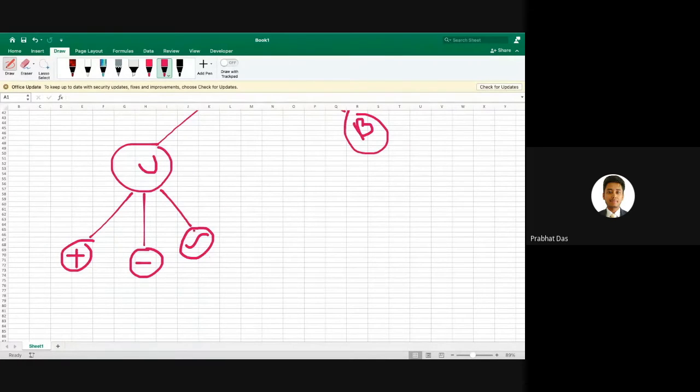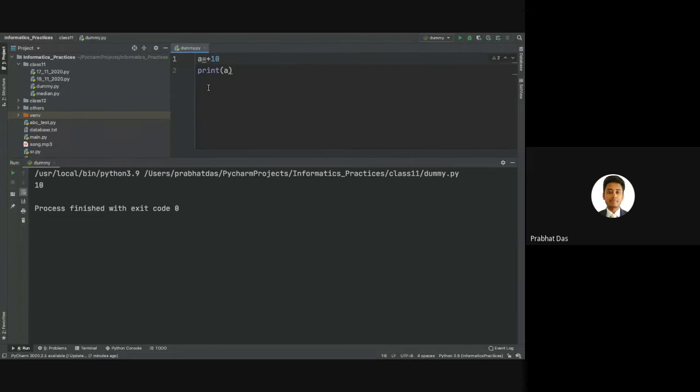Now let us try to understand the next unary operator, that is unary not. What exactly does unary not do? We'll understand this with an example. In case you have a variable and we need to perform the unary not operation, for that we'll use the symbol, and here we'll be assigning the value. The moment I print the value of a, you can see there is a significant change in the value. Instead of getting 10, we are getting 11.